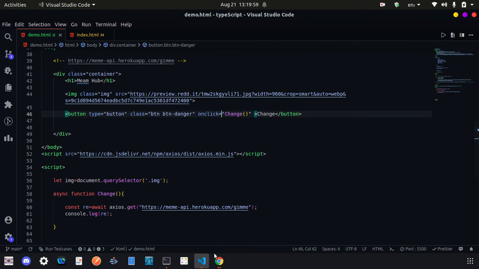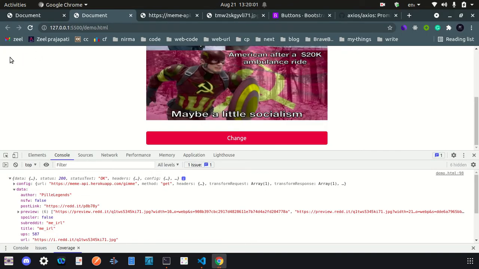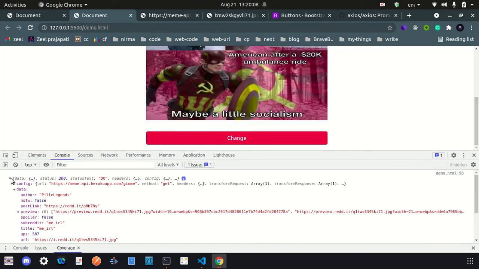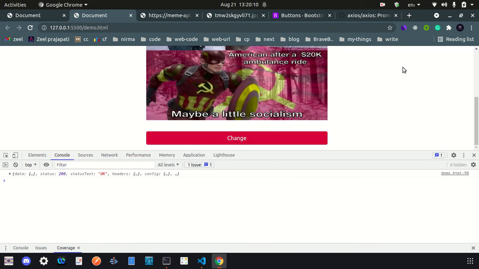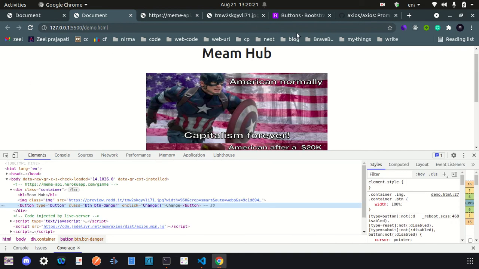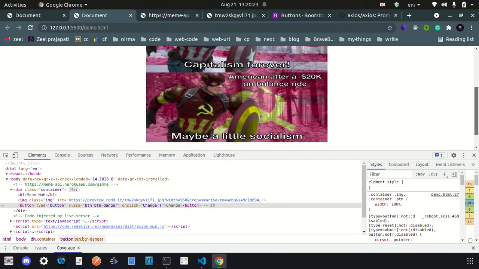If you are aware of the concept of web API in our browser, like our browser has its own V8 engine in Chrome for running our JavaScript code, and other browsers like Mozilla Firefox have their own, I'm not remembering the name of the compiler.